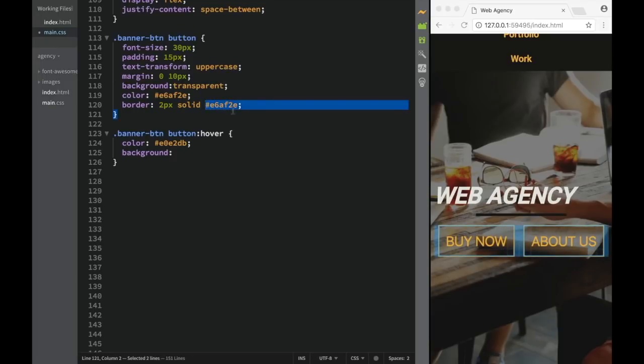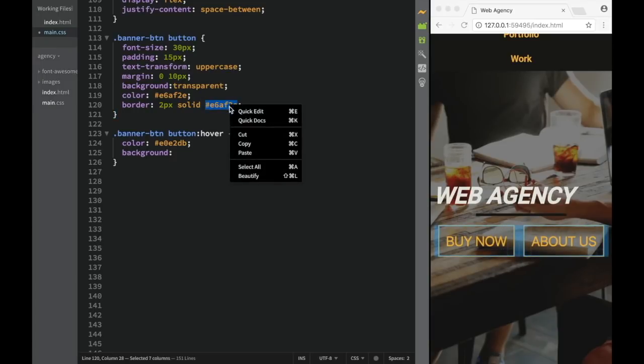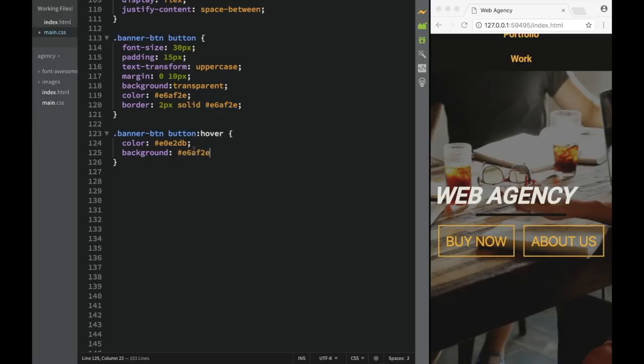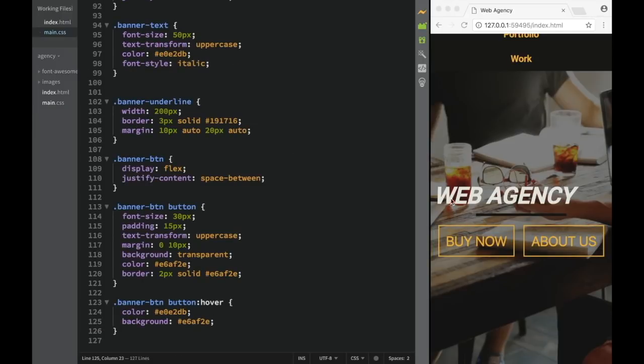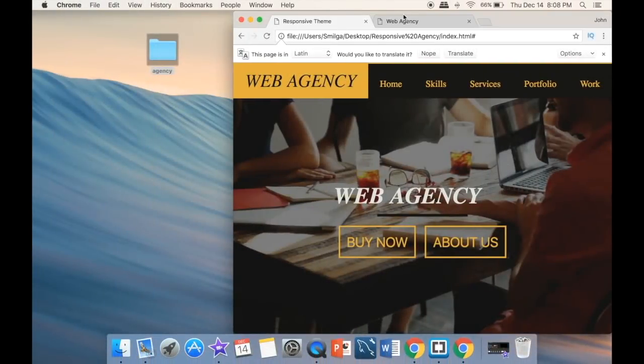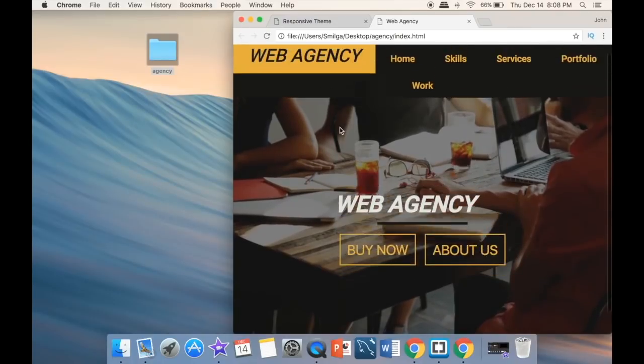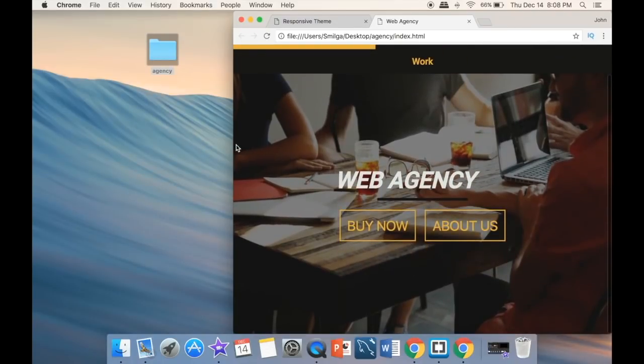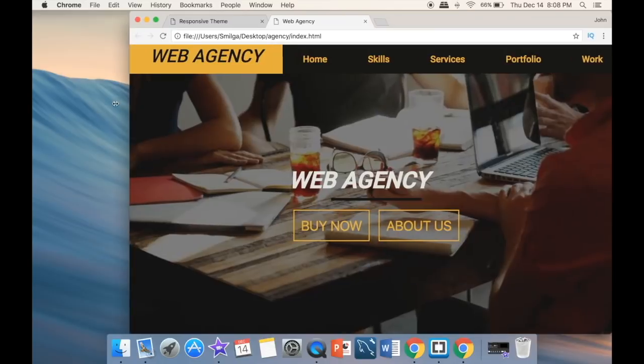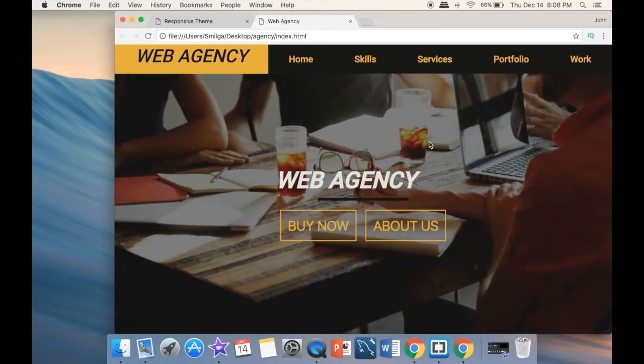So over here, this guy, I'm just going to copy, paste, and we're done, right? We can go over here and check out what we have, and we can also obviously go to the big screen. Refresh, and you can see that everything is working, right? It's exactly in the middle where we want it. The buttons are working as we're hovering, and now we're ready to build the next section,